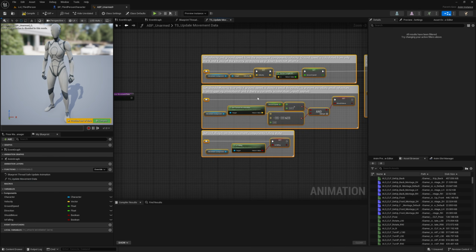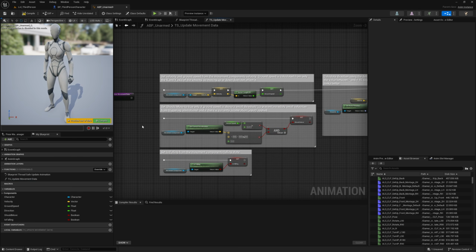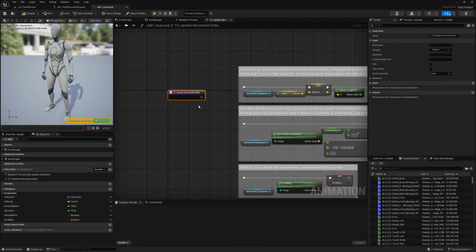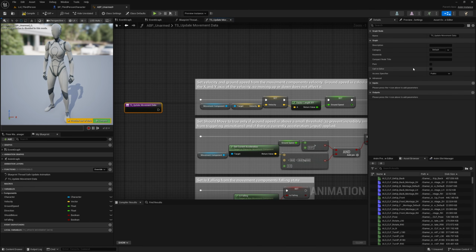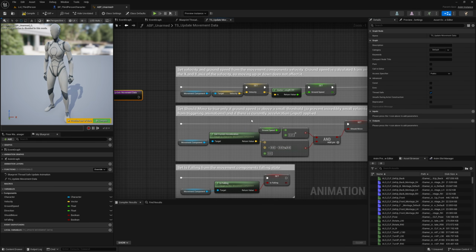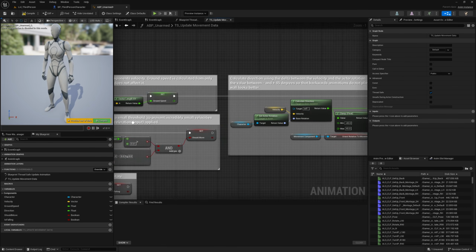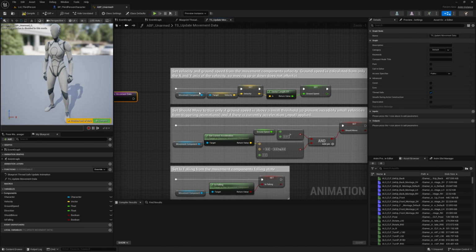I'm going to paste all of that stuff from the main event graph in here, and I'm also going to select the sort of input node here, and over here in the details panel, if you drop down this advanced section, you will find the option to make this function thread safe. But in order to actually make this function work, we will have to change how this data is